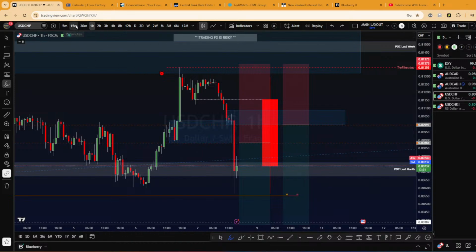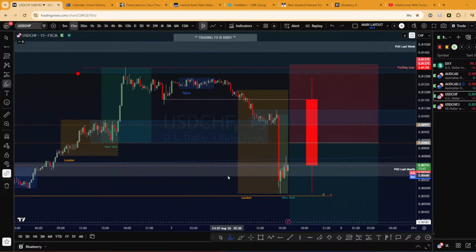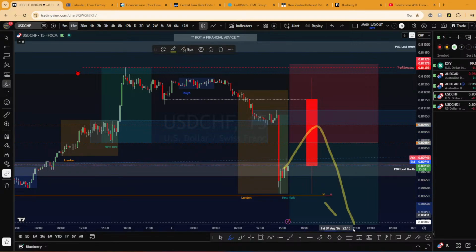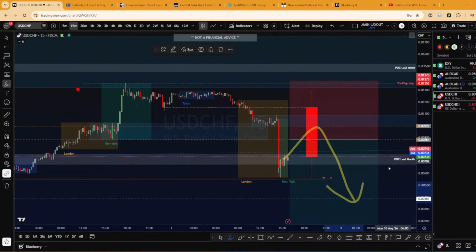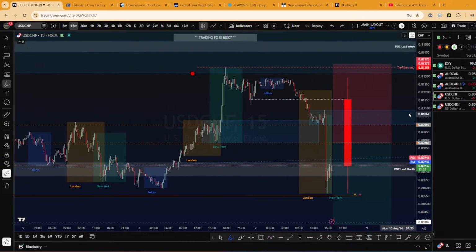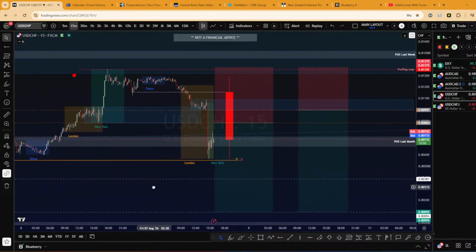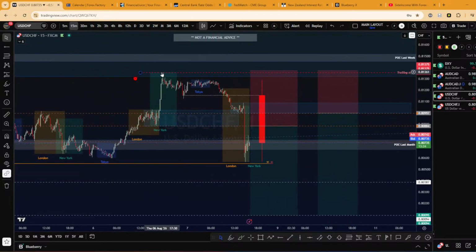On 15 minutes, yeah, a lot of movement on London. I want to see some other movement on New York. This will be a trade that, if I get triggered, I will hold over the week, clearly with the stop just above this high.